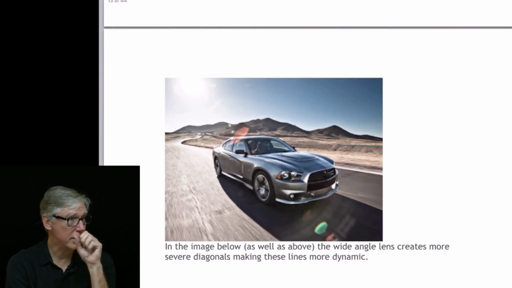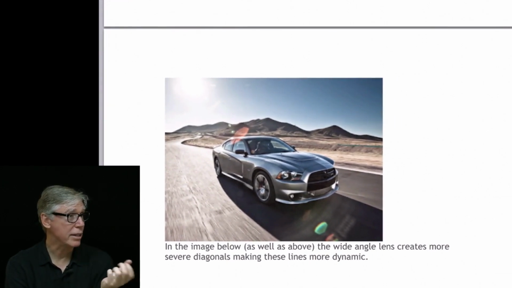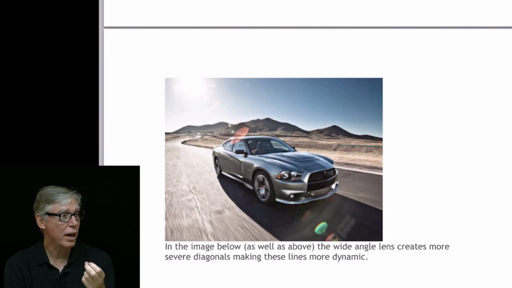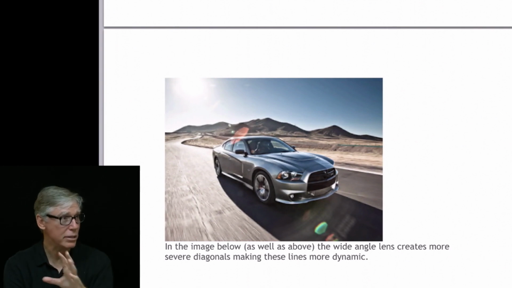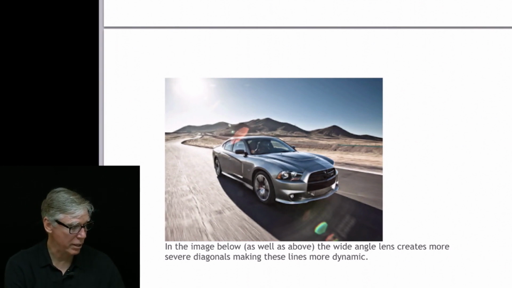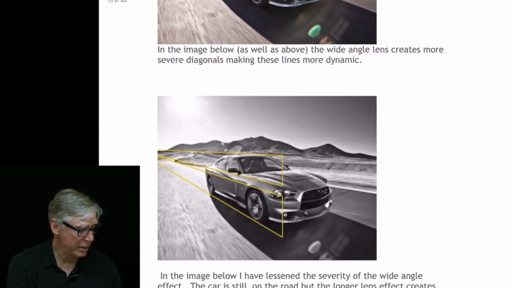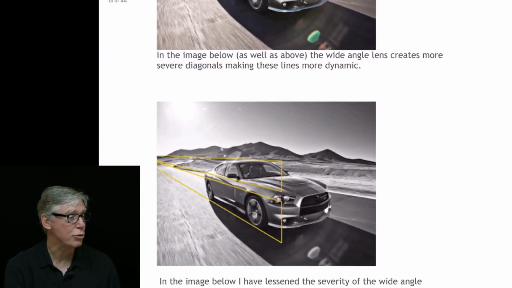Here's an image that's just shot with a wide-angle lens. What ends up happening is you have these converging lines, and they recede dramatically. The longitudinal lines down the side of this car and the street go back in space really radically. They converge in an extreme manner. In this image, I just drew over the top of it, so you can see that convergence and how strong